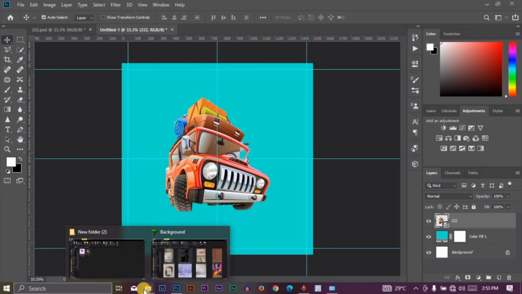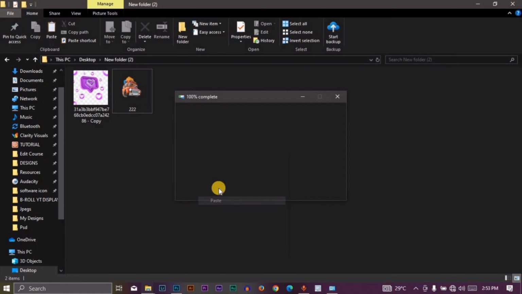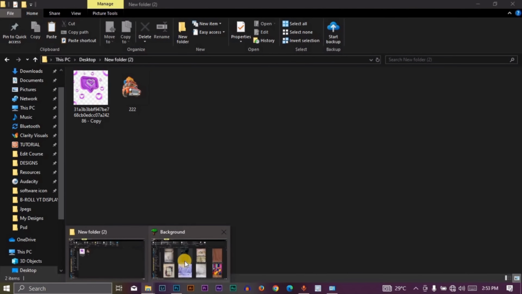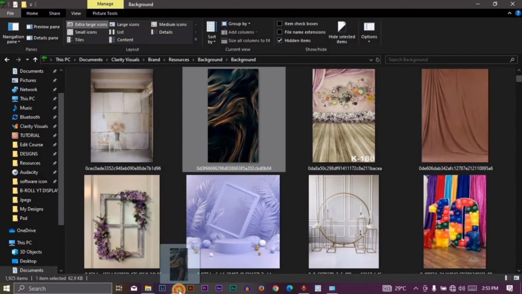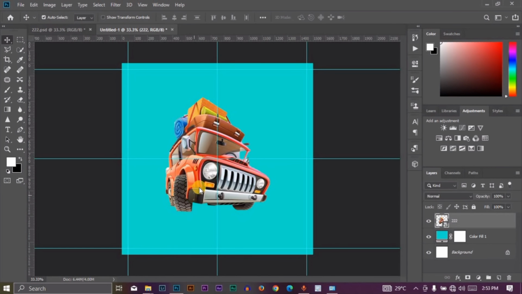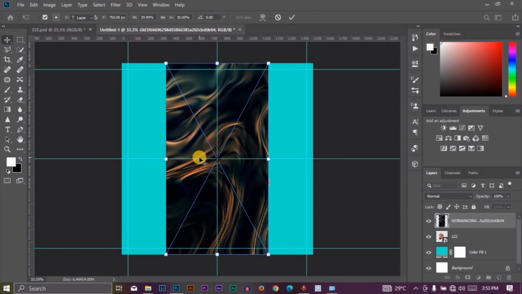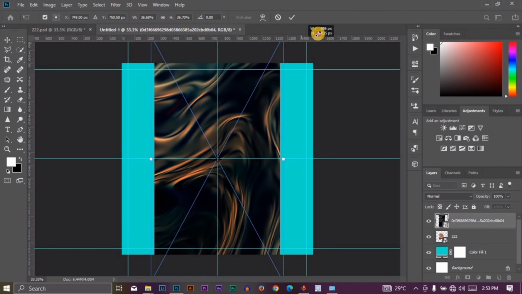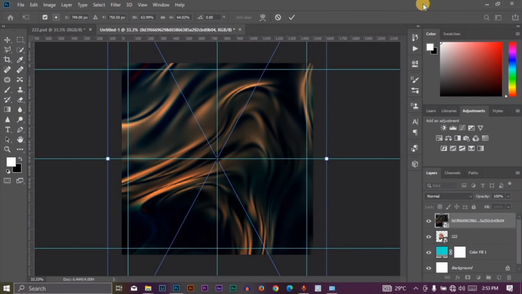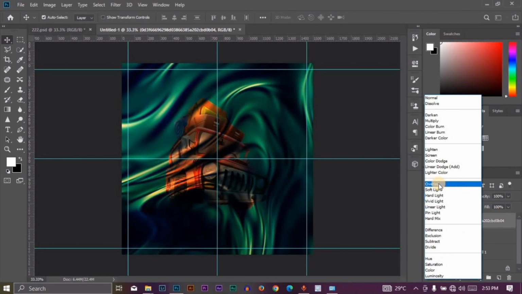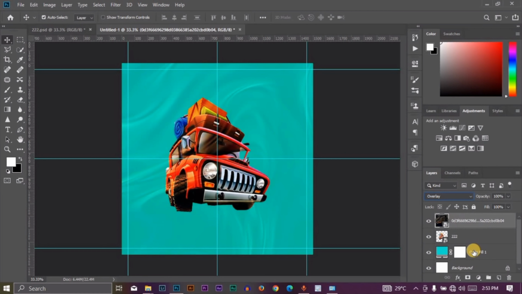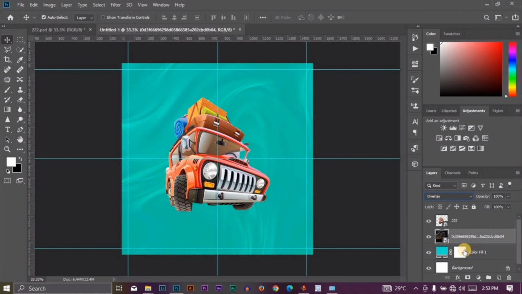So right then, I'm going to import the other background I'm going to use for the texture. I'm dragging it in there. Ctrl T to resize the object. I'll resize it. I'm going to change the blending mode to overlay. I'll put it beneath the object, Ctrl Backspace to make it go down. After that, then